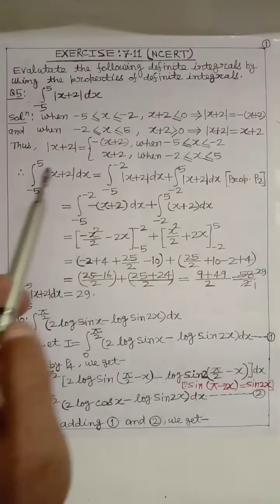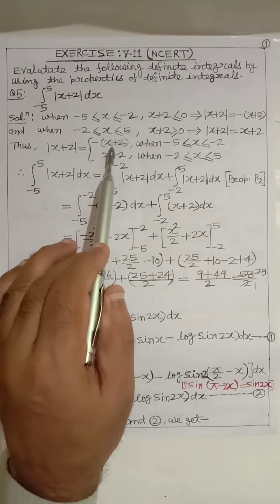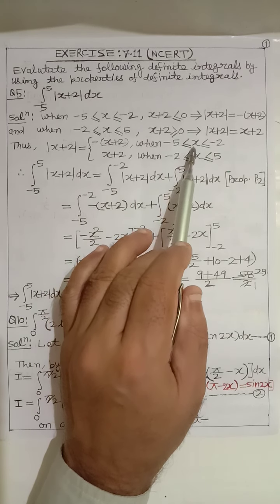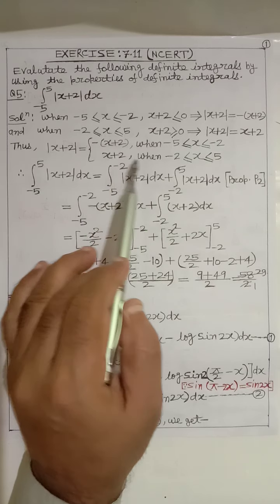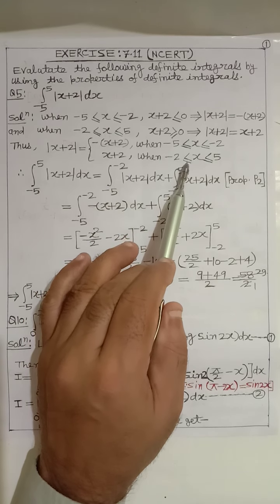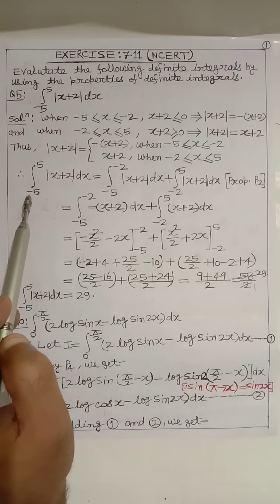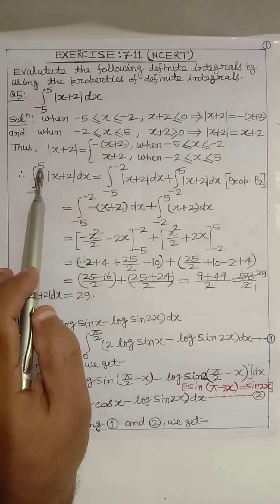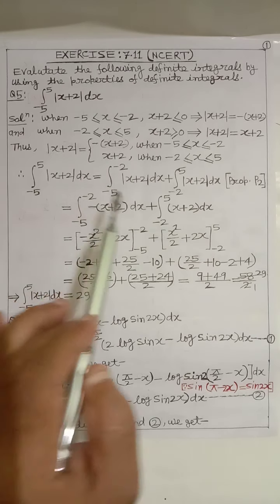Thus, we have mod of x plus 2 equal to minus (x plus 2) when minus 5 is less than or equal to x less than or equal to minus 2, and x plus 2 when minus 2 is less than or equal to x less than or equal to 5. Therefore, integration of minus 5 to 5 of mod of x plus 2 dx equals